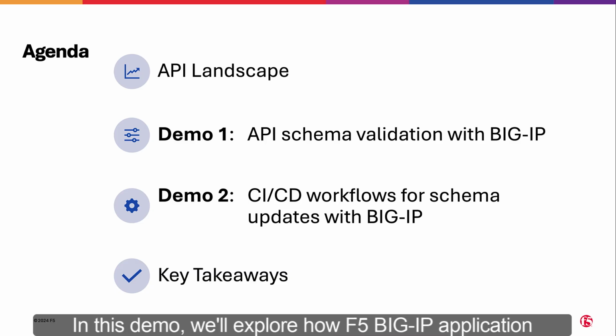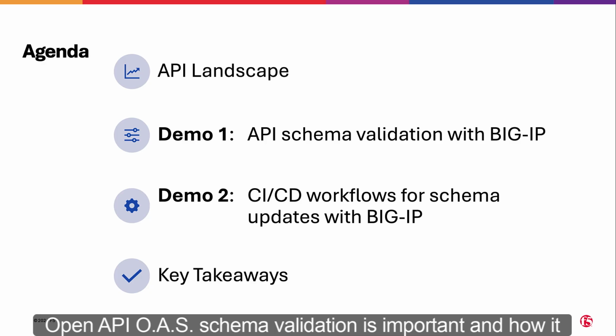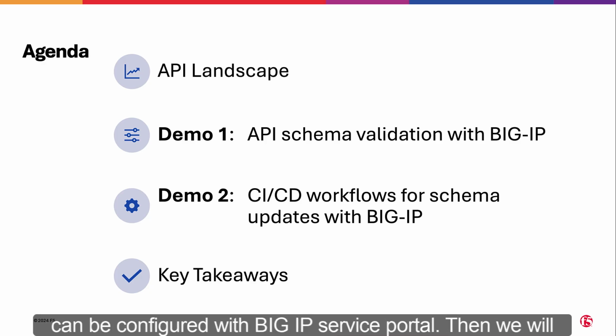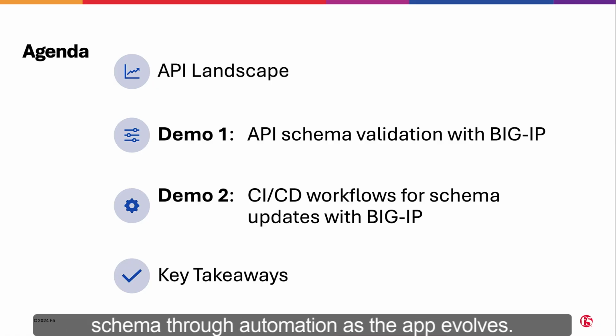In this demo, we'll explore how F5 BIG-IP application security can be used for validating API calls. We will look at why OpenAPI OAS schema validation is important and how it can be configured through the BIG-IP Service Portal. Then we will move on to an advanced scenario of updating the API schema through automation as the